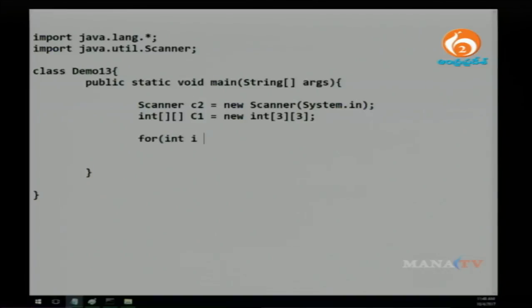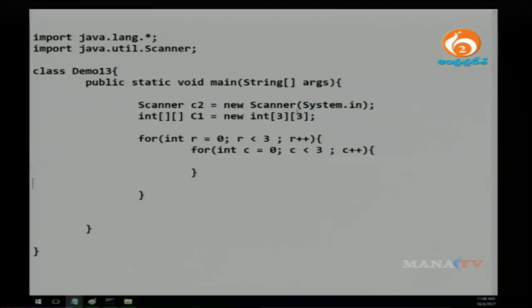Directly I am defining and initializing in one place, say R is equal to 0, R is less than 3, nothing but 3 rows, and R plus plus. And how many columns do we have? We have 3 columns also, say integer C is equal to 0, C is less than 3, C plus plus,